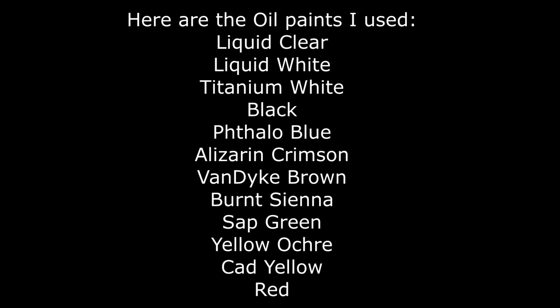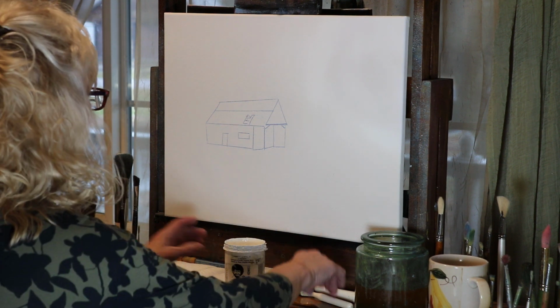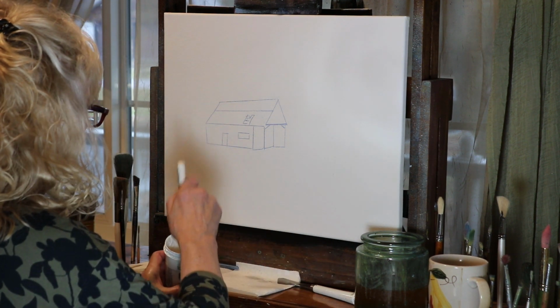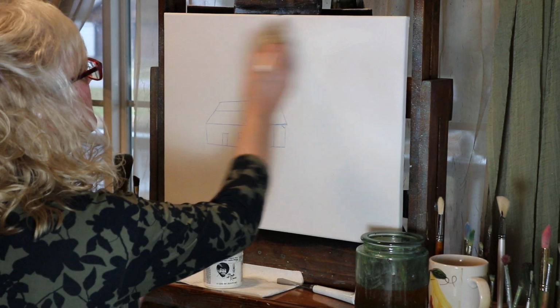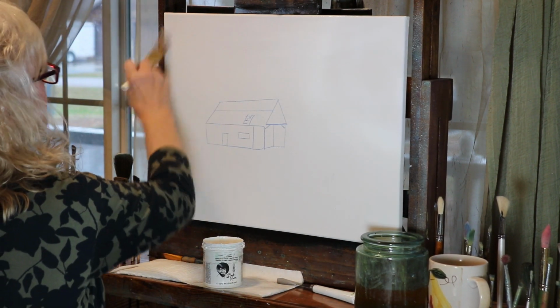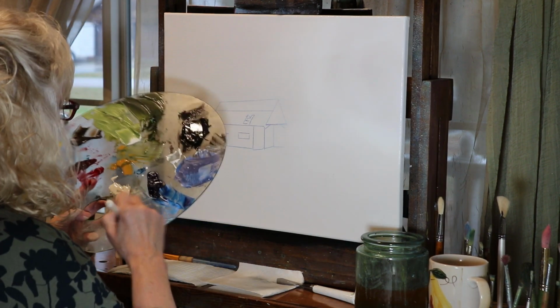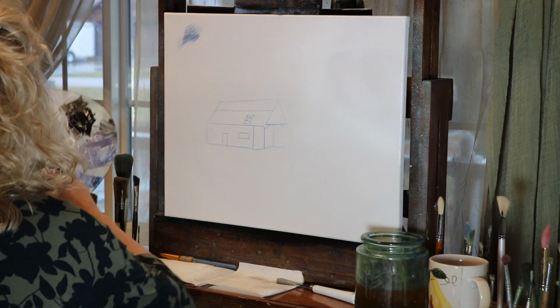And here are the oil paints I used. Liquid clear, liquid white, titanium white, black, phthalo blue, alizarin crimson, Van Dyke brown, burnt sienna, sap green, yellow ochre, cad yellow, and red. And I have etched out on plain canvas the shape of a barn, shed, or whatever you want to put there. I just etched it out with a pencil, and so now I just put on some liquid white halfway down,